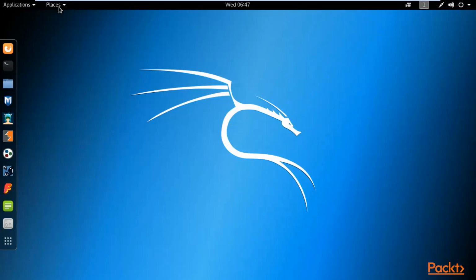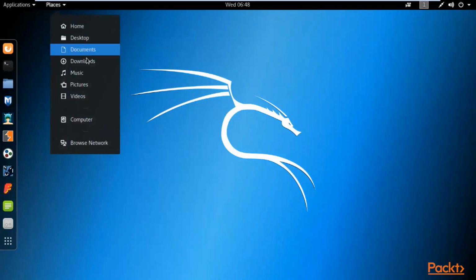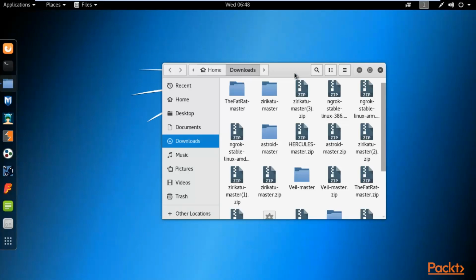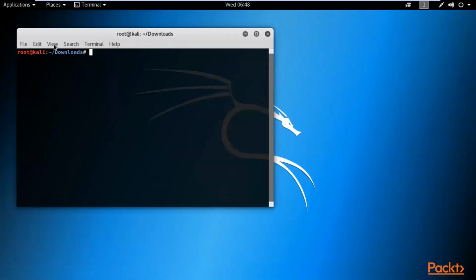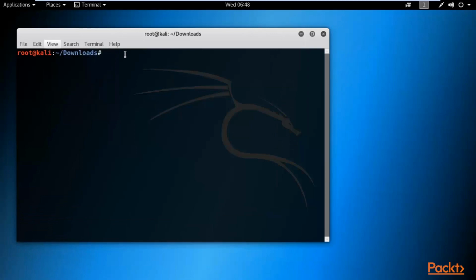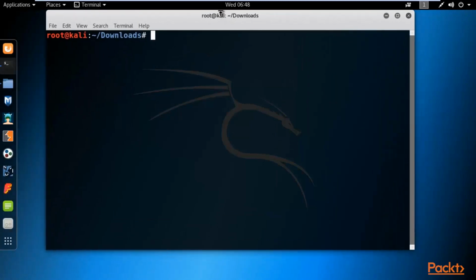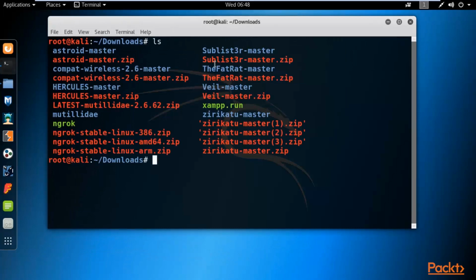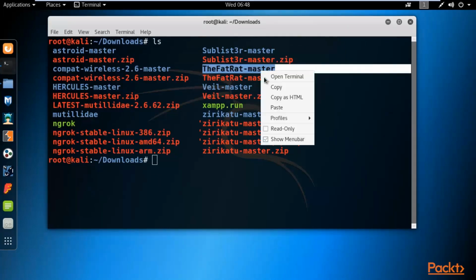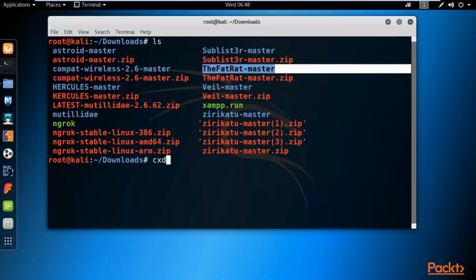So I'm using FatRat. We have already downloaded FatRat, so you can click on Places, click on Downloads, and inside Downloads you will find the FatRat master. So do one thing: right click here, open in terminal. Let me zoom it for you. Alright, now you can type ls to list all the files, and you can open this folder with cd space,